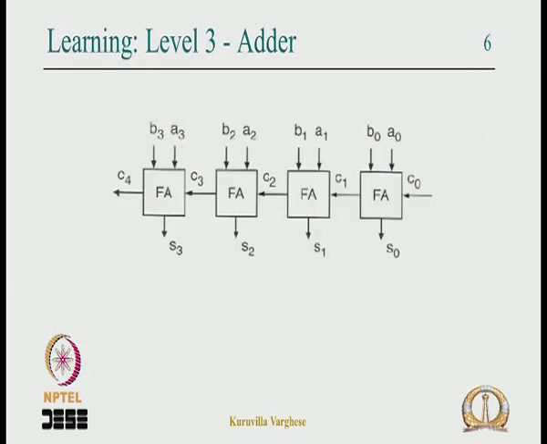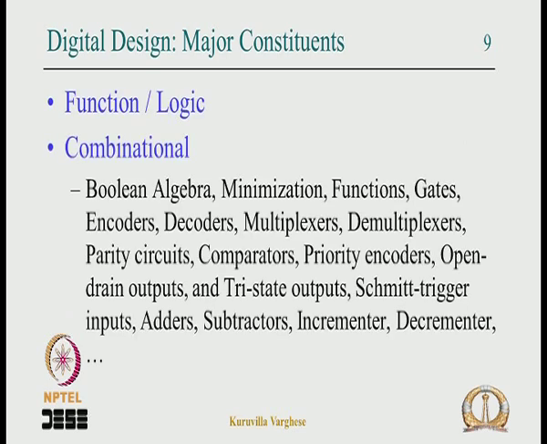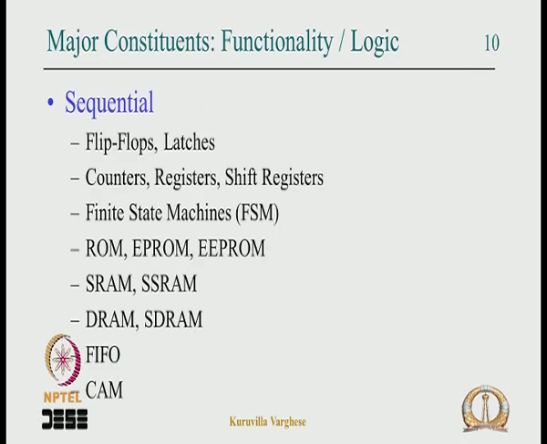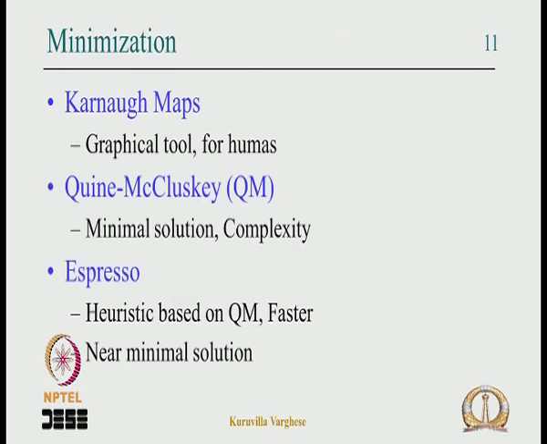Essentially we talked about the major constituents of digital design. To start with, we will look at the function, and there are two parts. One is combinational logic, higher level blocks we said, all those blocks which you have studied in the basic course. Then we have the sequential elements like flip flops, registers, memories and all that. This constitutes the function part which you have to learn thoroughly, and we have looked at minimization using some algorithms, single output minimization like Karnaugh maps,